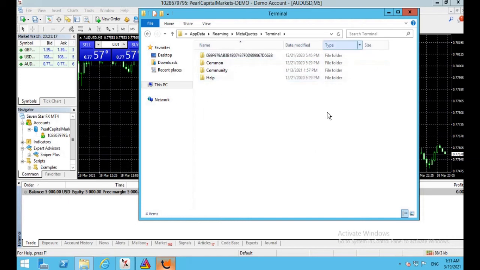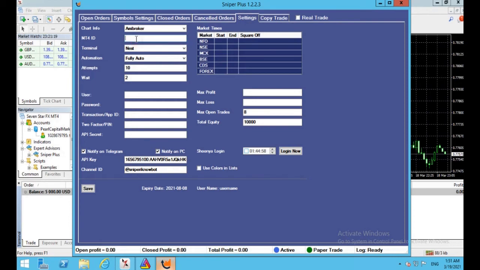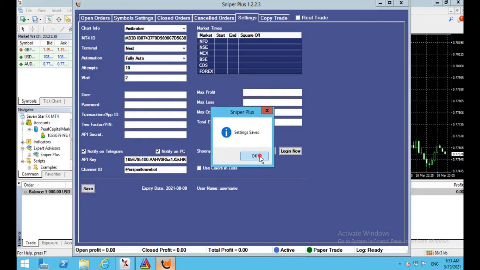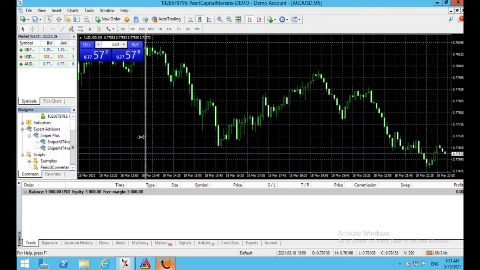Just copy that ID and go to Snapper Plus. The MT4 ID will be in settings. Now click on save. Next, we need to go to the Snapper Plus folder inside the expert advisor.